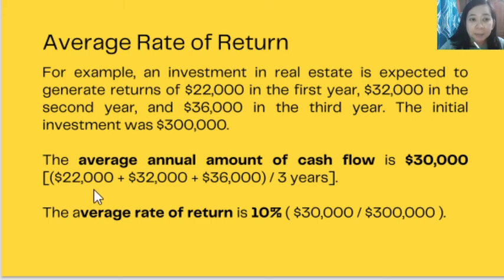For the first year, it's $22,000. We will add that to the cash inflow for the second year, which is $32,000, and the cash inflow for the third year, which is $36,000. After adding all of these amounts, this is equal to 22,000 plus 32,000 plus 36,000,